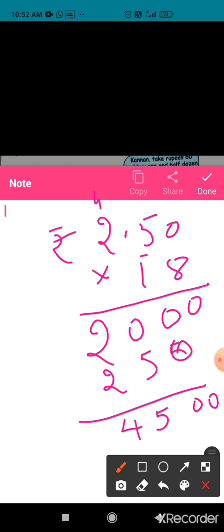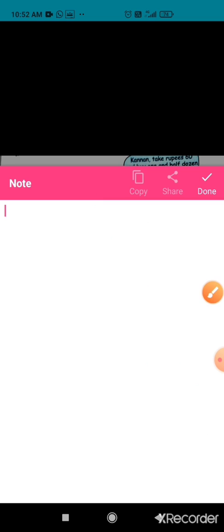Children, here you can see after decimal 2 digits are there. So you will insert decimal from the extreme right, leaving 2 digits. So here will come decimal. So 1.5 dozen eggs cost will be rupees 45. Children, hope you all have got it. Now